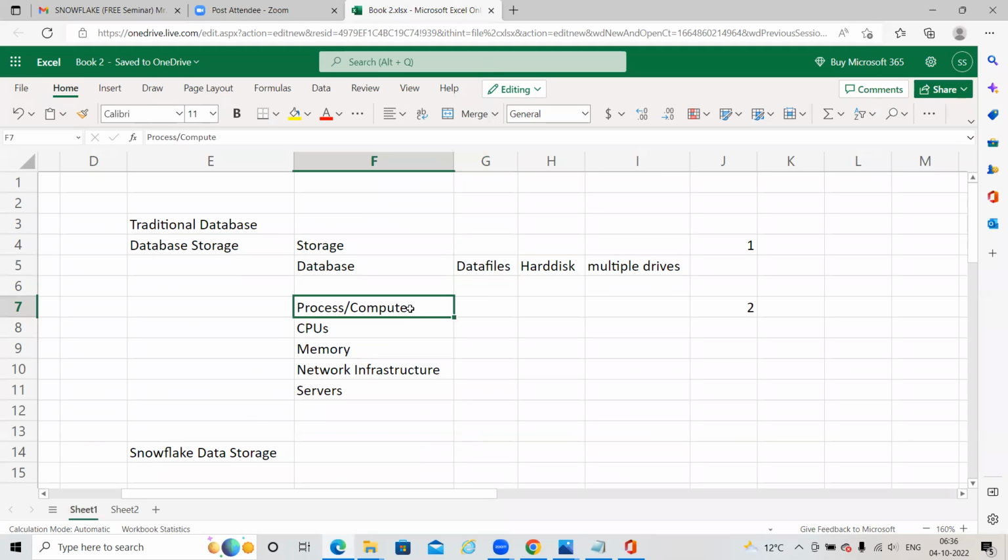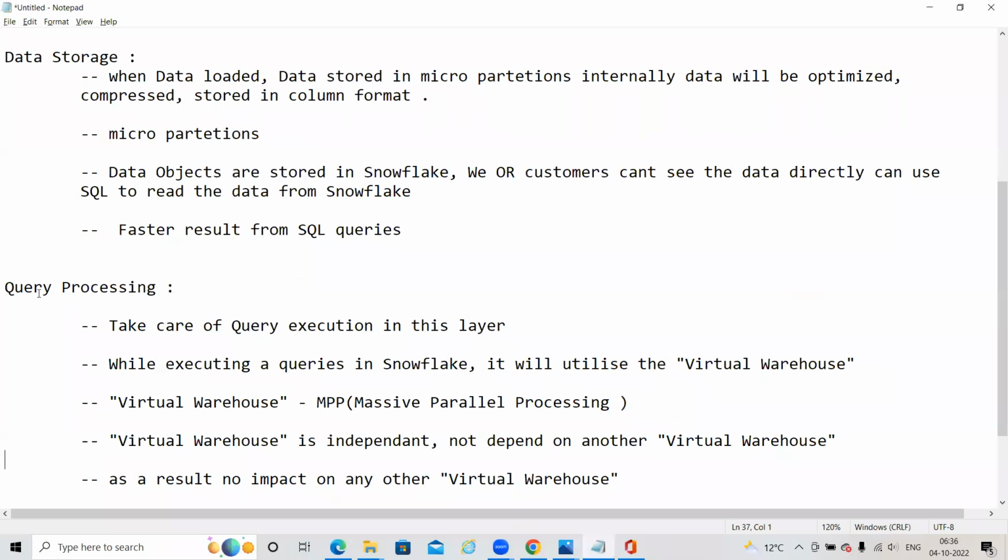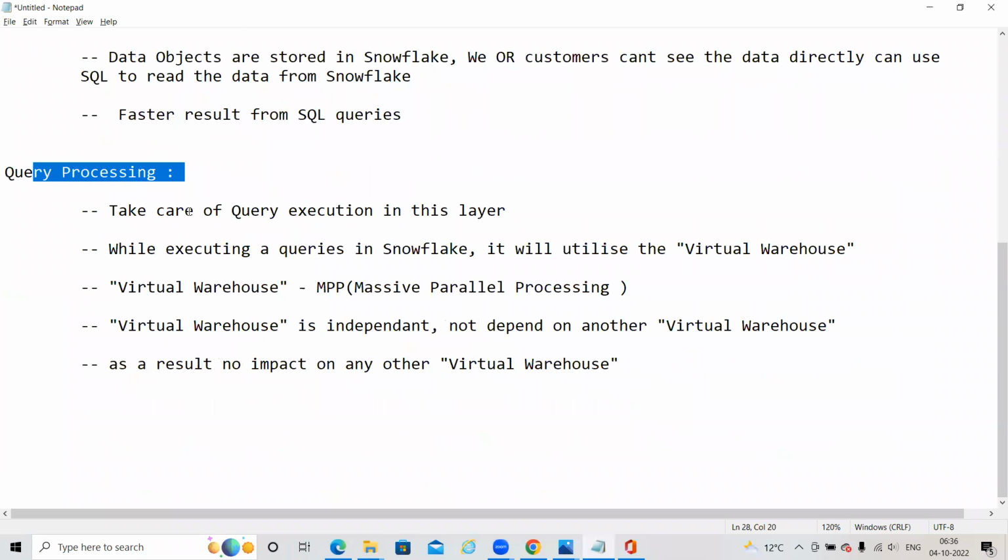These are the compute layer. These processes are taken care of by the query processing layer, which is called a virtual warehouse. This virtual warehouse has resources like CPU, memory, and network infrastructure. While executing a query, the virtual warehouse is involved and gives the result to the end user.